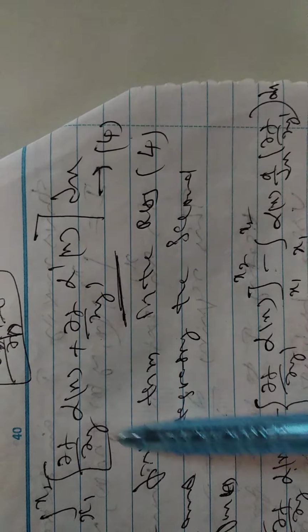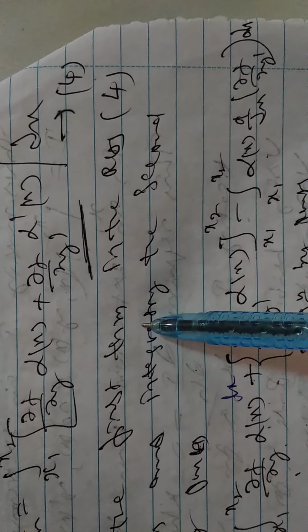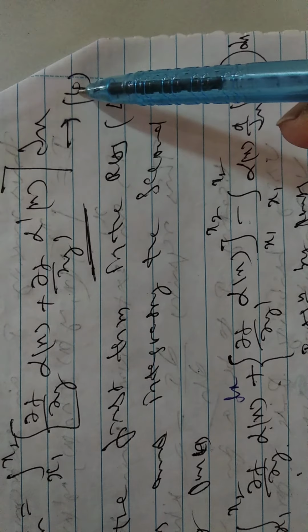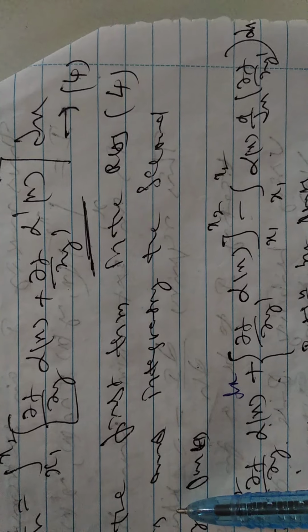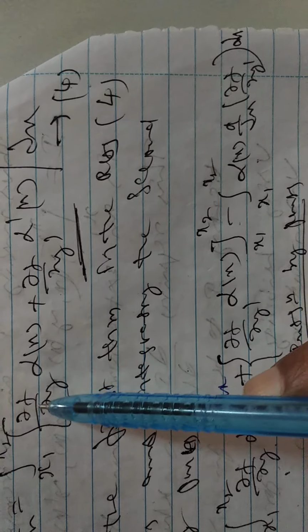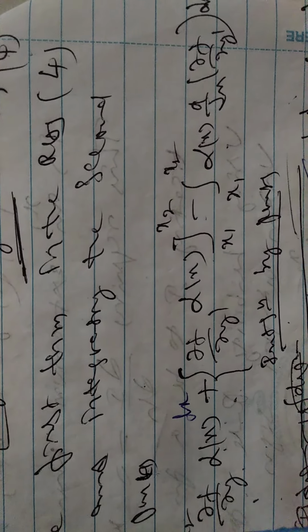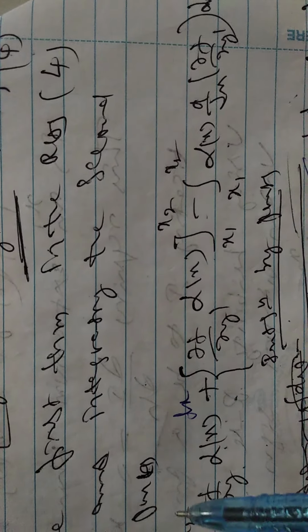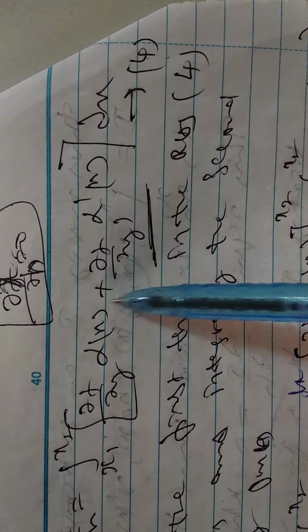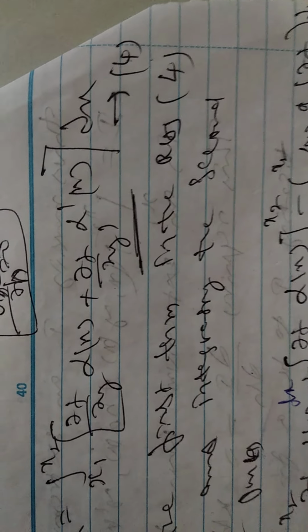So now next, keeping the first term in the RHS of equation 4 as it is. Keeping the first term means what? ∂f/∂y alpha of x. This term you have to write as it is, and integrating the second term by parts. What is the second term? Here ∂f/∂y' into alpha dash of x. This one only you have to integrate. So first term you have to write as it is, second term only you have to integrate.